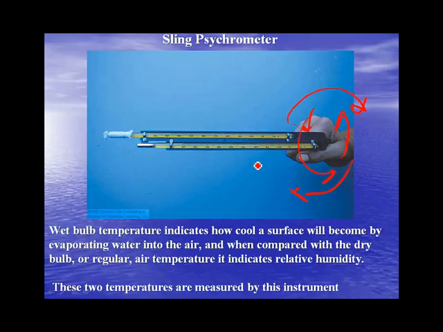And there are actually two thermometers. There's what we call a dry bulb thermometer, the bulb down here, and what we call a wet bulb. In other words, we have a piece of gauze over the end of the thermometer here. And what we do is we wet this gauze. And so we have a dry bulb